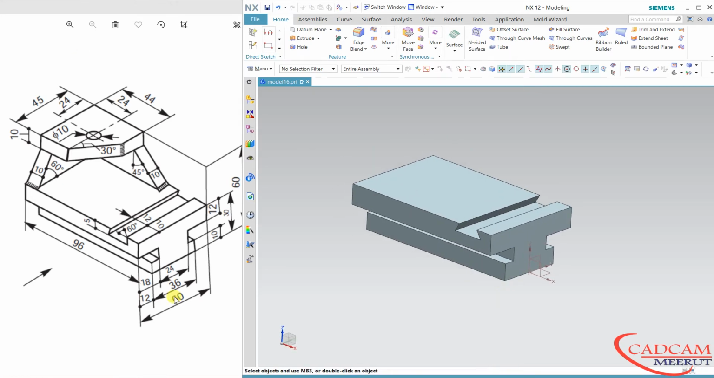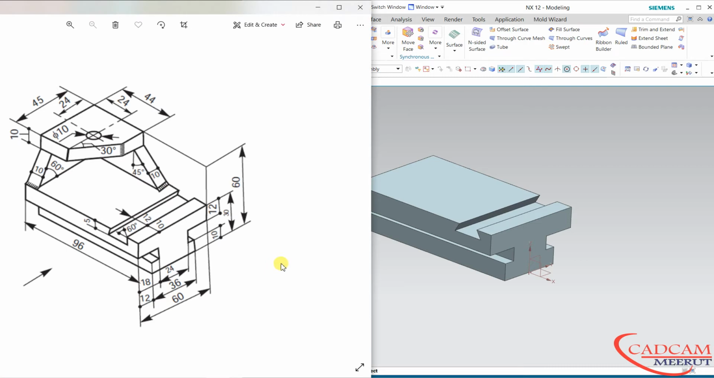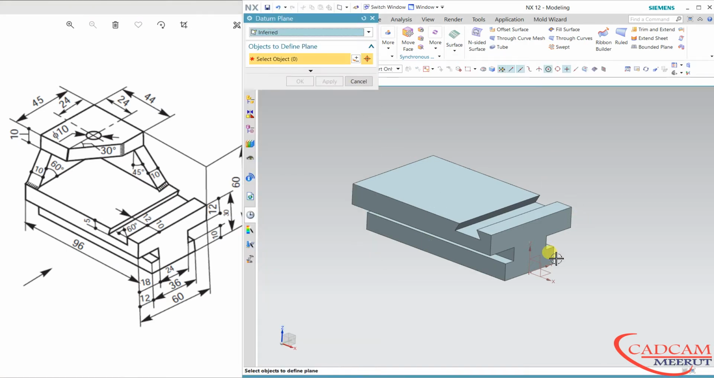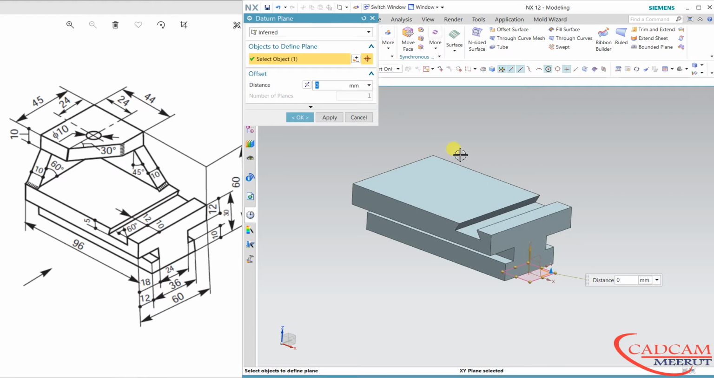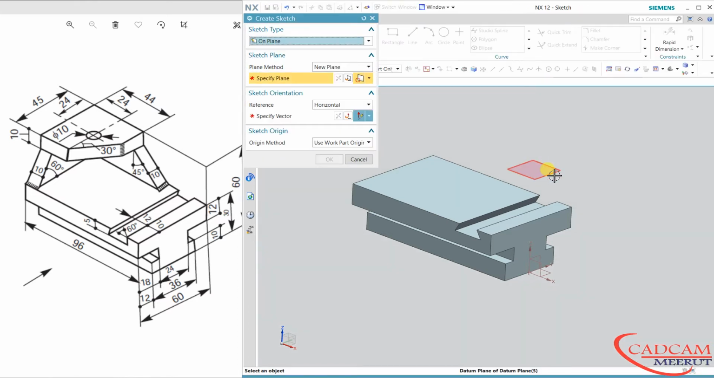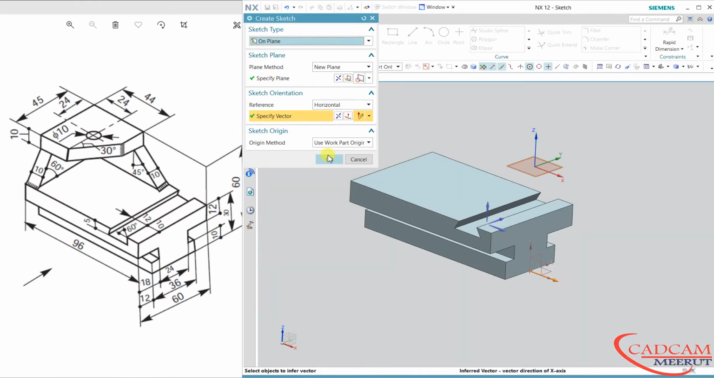Now we will create this upper portion. So what is the height? Height is 60 from the bottom. So make a new datum plane, 60 millimeter offset from the base. Now we will sketch over this new plane,